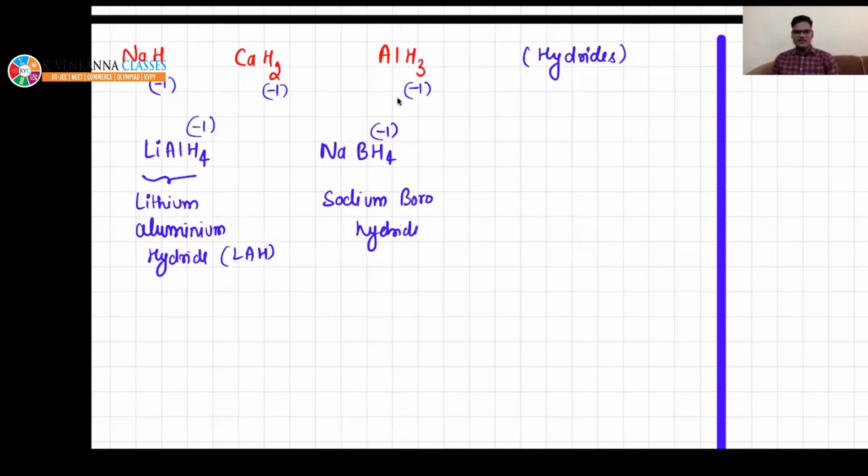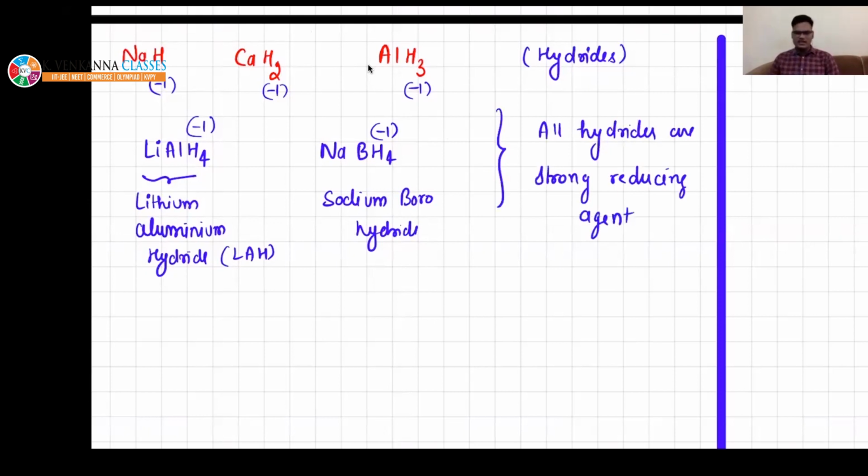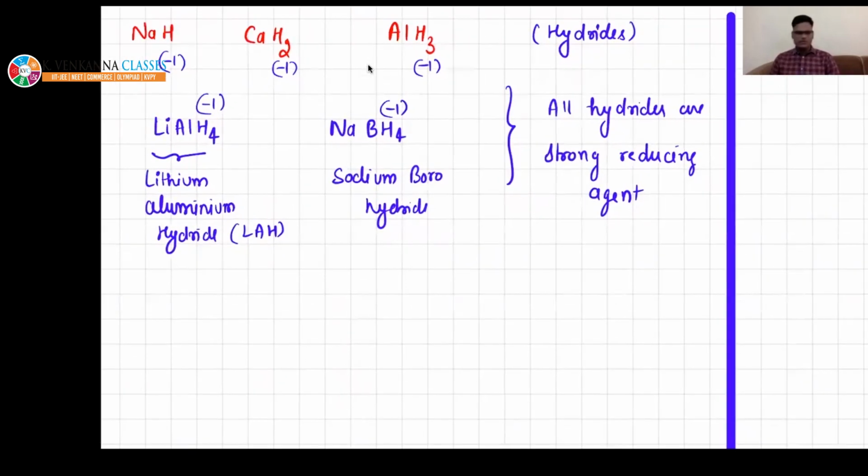Yes, fine. Great. I am also giving you some examples, beta, because through that you will be aware of some important compounds. Slowly and gradually, if you read them 3 or 4 times, you will be aware of these compounds. All hydrides are strong reducing agents. Just write this statement, and later we will understand what a reducing agent is. For now, just write it. When you are revising, you will understand the concept of reducing agent.